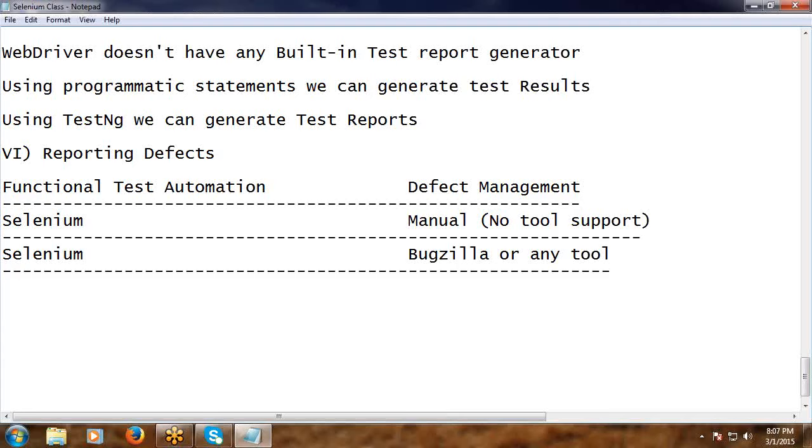Open the defect report template, enter defect details and send. If it is UFT, a third possibility is also there, integration of UFT with ALM. Here no such integration, only these two possibilities. You can use any tool, Bugzilla or Jira or any tool. See, this is a brief introduction about Selenium test